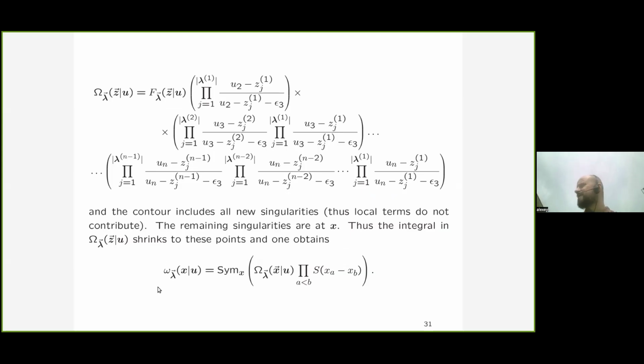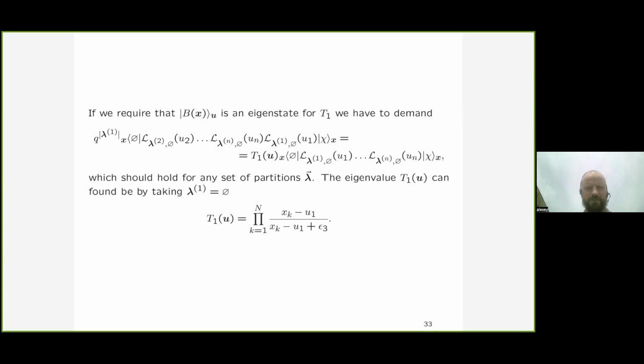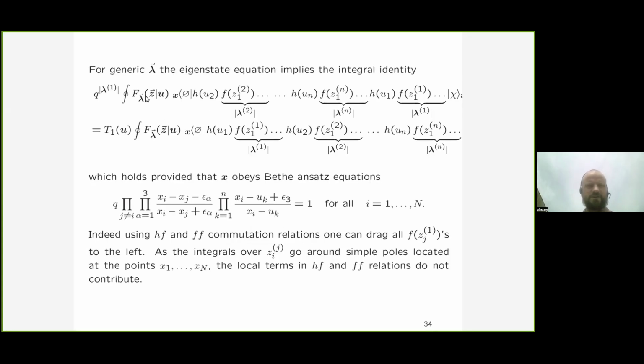So the important point here is that no matter which function large F is under my integral, if I surrounded all its singularities, and I'm doing this by definition, then the integral localizes to the x variables, which will be my Bethe roots. And from here it should be clear. These two integrals are